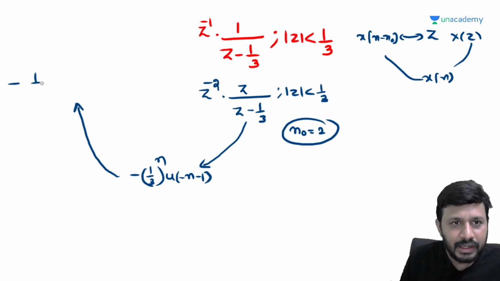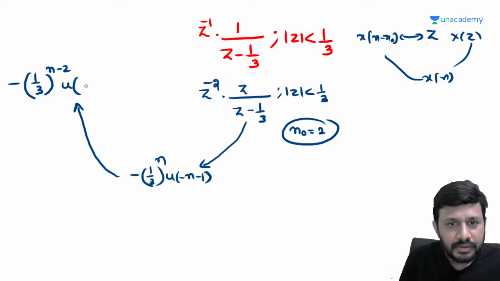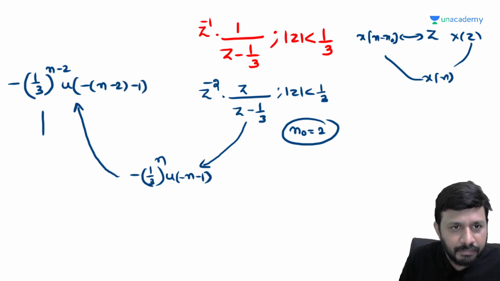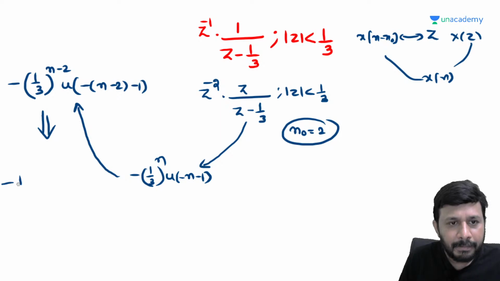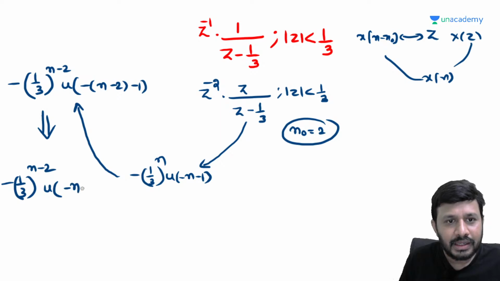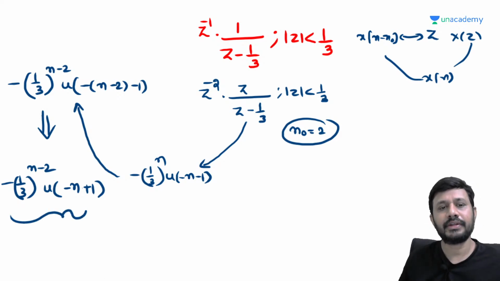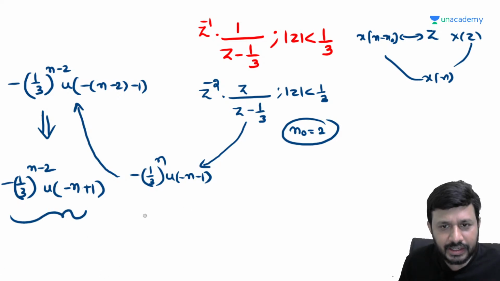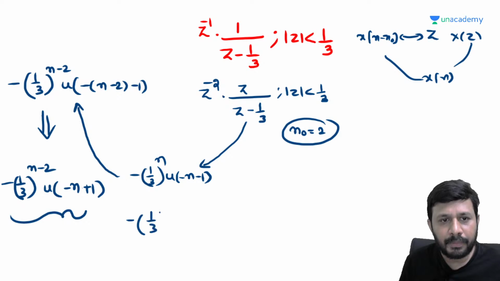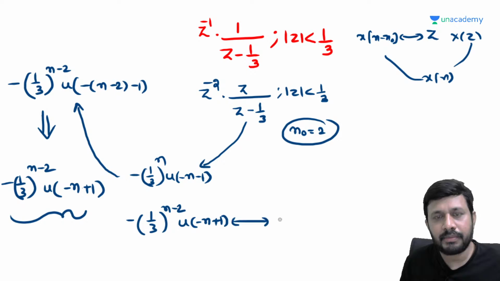So minus 1 by 3 whole power n minus 2 u of minus of n minus 2 minus 1. Our signal will become minus 1 by 3 whole power n minus 2 u of minus n plus 1 plus 1, or you can write like this, minus 1 by 3 whole power n minus 2 u of minus n plus 1 forms a Z transform pair with